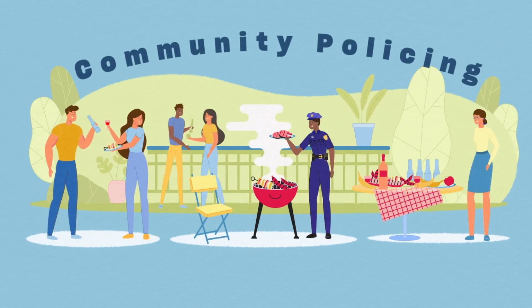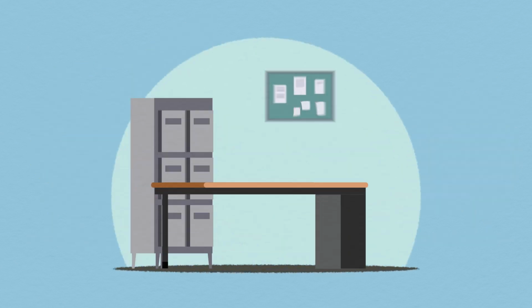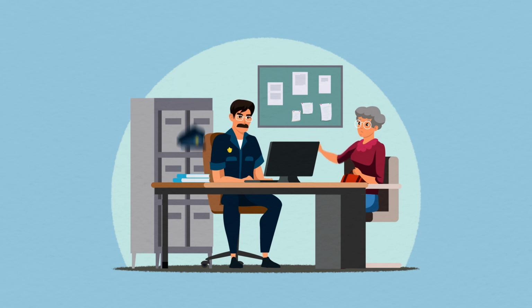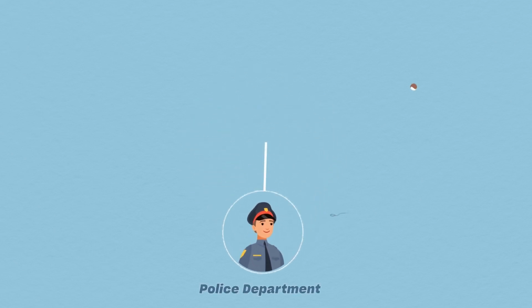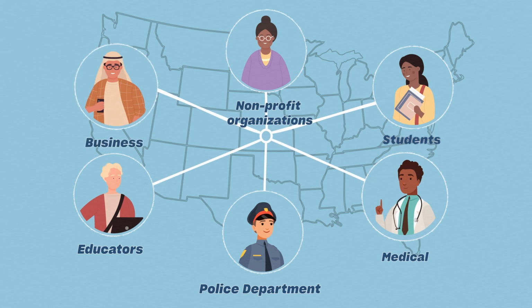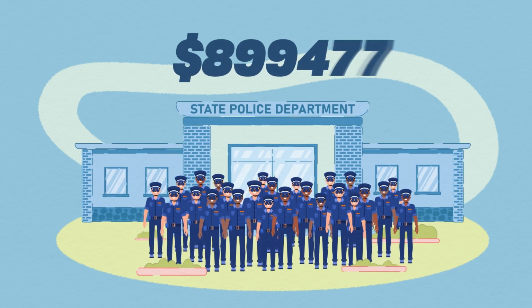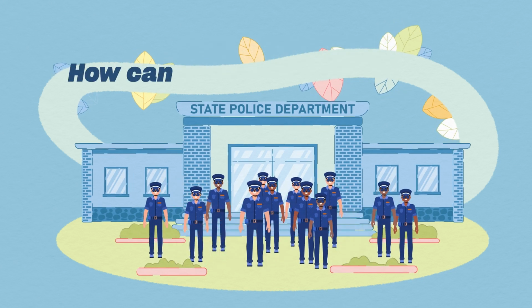It may look different in each community, but the goal remains the same: to create safer communities through ongoing collaboration with key community leaders. This collaboration empowers the community and officers alike to solve public safety issues. Effective community policing strategies involve leaders from diverse areas of influence, including schools, businesses, first responders, religious groups, political representatives, youth organizations, and more. But with understaffed police departments and budget cuts happening nationwide, how can police departments effectively foster